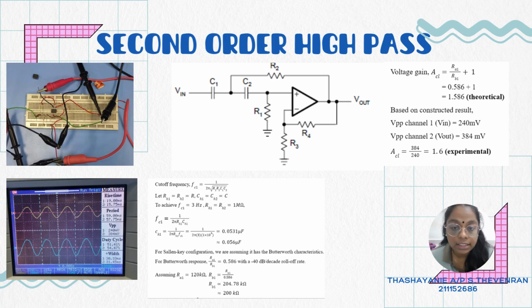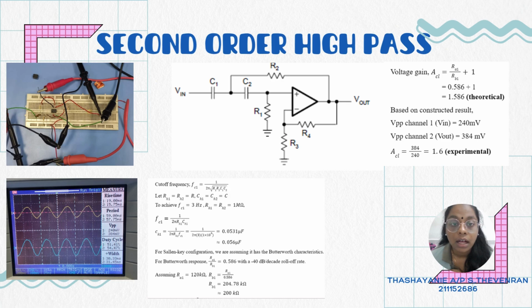For Butterworth response, we know that RA1 divided by RB1 is equal to 0.586, with negative 40 dB. The reason why it's negative 40 dB is because it's second order. And then the voltage gain that we get from the theoretical calculation for second order high pass filter is